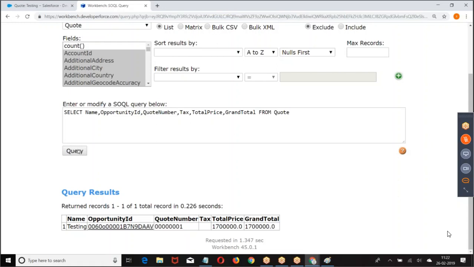Write a SQL query to fetch opportunities with the list of quotations.